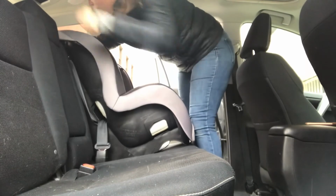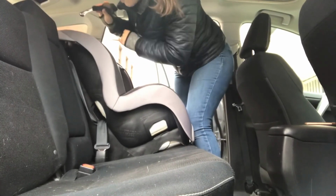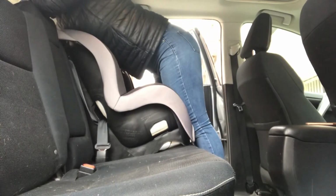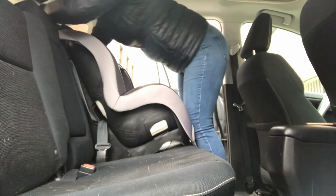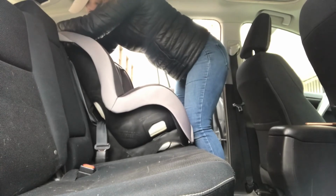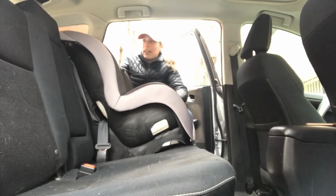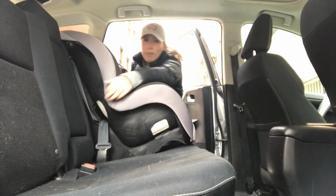So I'm gonna reach over my car. I'm gonna make sure my top tether is not twisted. I'm gonna hook it to where it goes. And then I have a tightening strap, and I'm going to tighten as much as I can with my tightening strap. All right, so the top of my car seat is now secure, and at the belt path, it's not